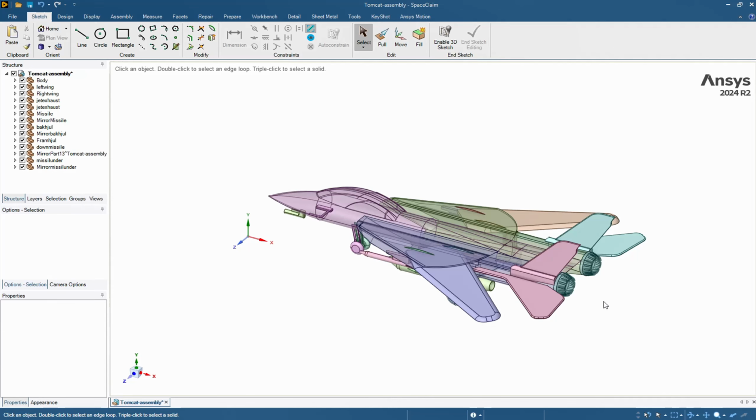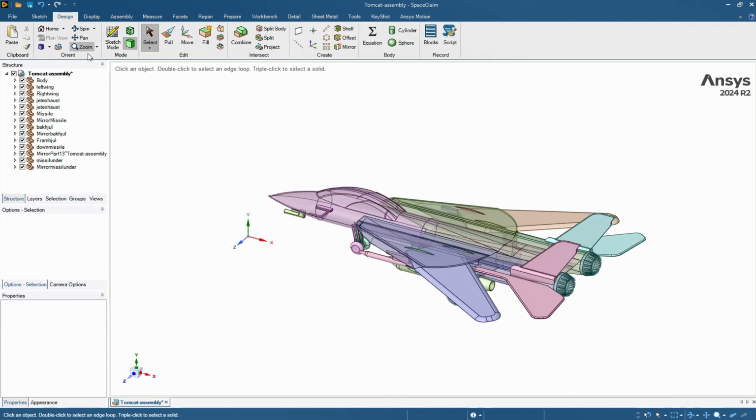When we open the software, the working environment is divided into four main areas. Each of them has an important role in modeling and design. Ribbon, top toolbar, located at the top of the screen, very similar to Microsoft Office. It contains several tabs, such as Design, Display, Measure, Prepare, and more. Each tab groups a set of related tools. For example, the Design tab is where you find sketch and modeling tools, while Display tab controls how your model